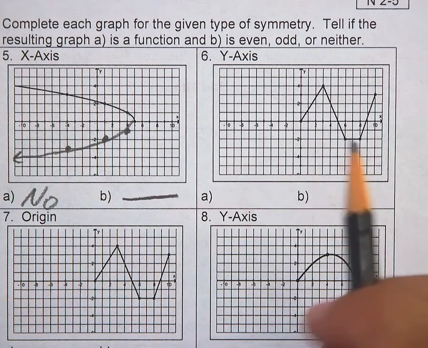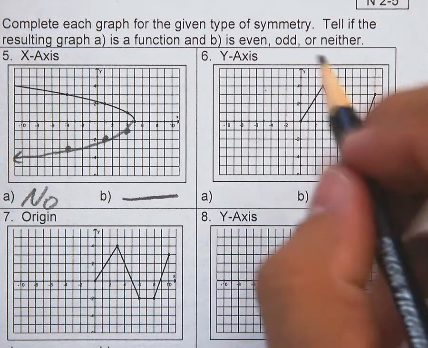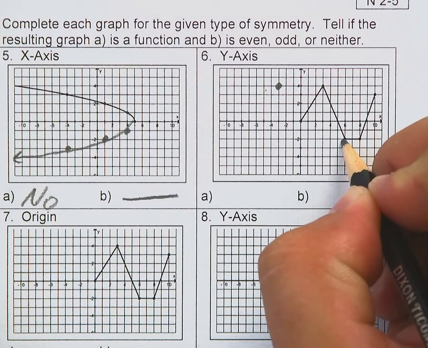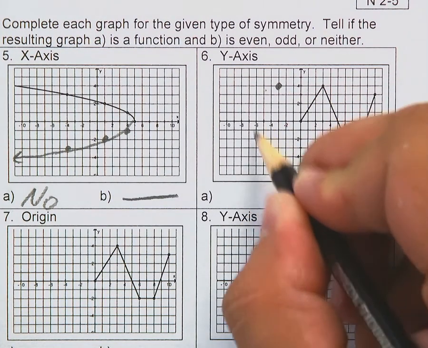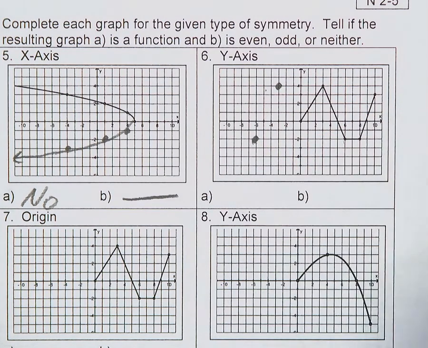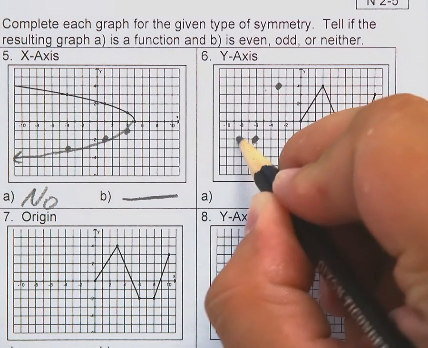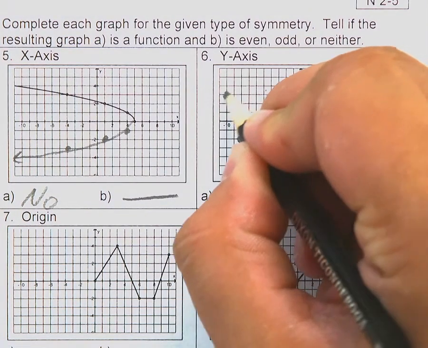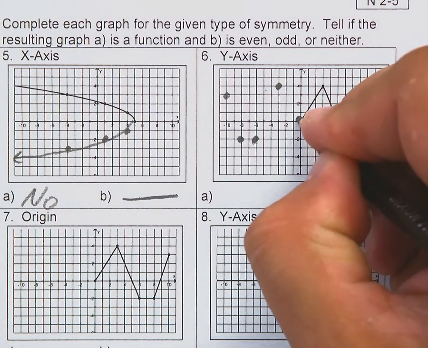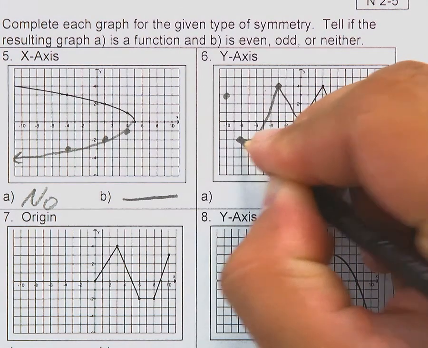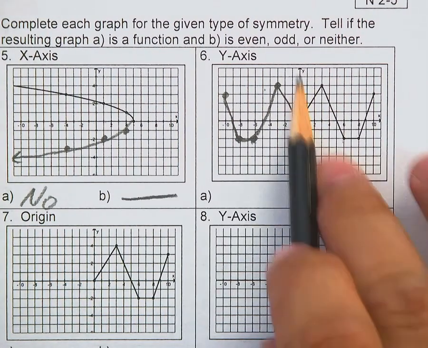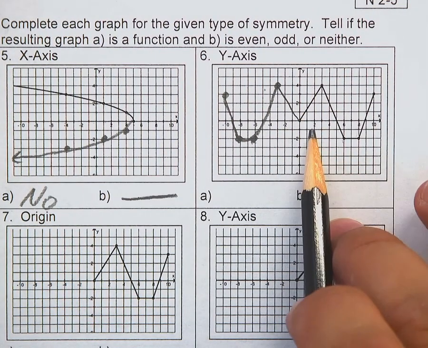Alright, y-axis. Reflect these points across the y-axis. So that'll go here. 6, negative 2 will be negative 6, negative 2. 8, negative 2, negative 8, negative 2, and 10, 3 will be negative 10, positive 3. Notice it has a y-axis reflection here, meaning the right side